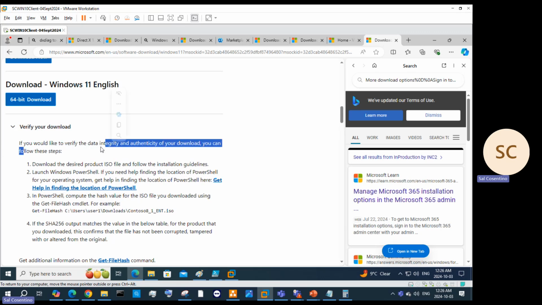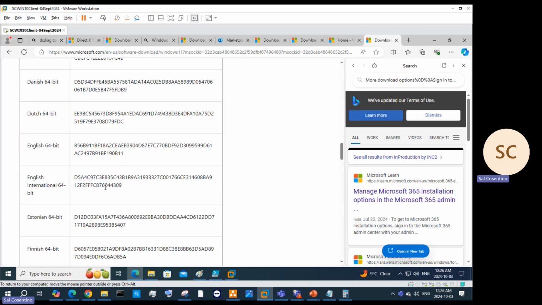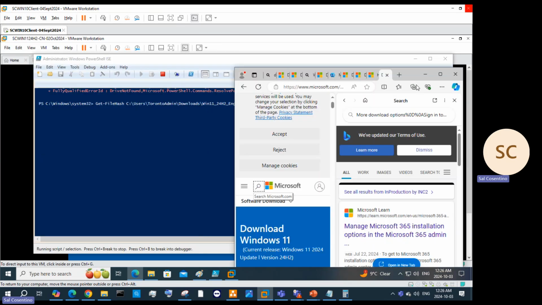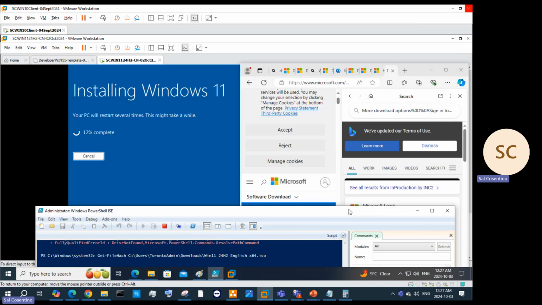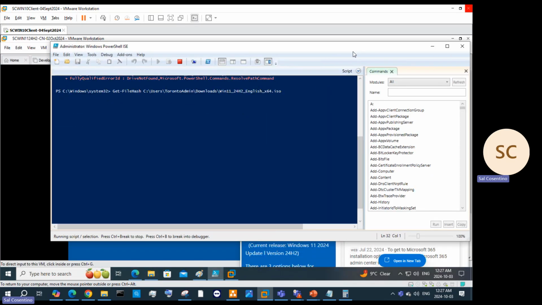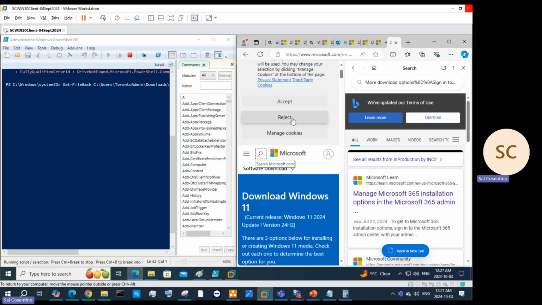So this will verify the data integrity of the download, right? So this will tell us the correct hash number, hopefully. We'll wait for that to complete, right? After that,